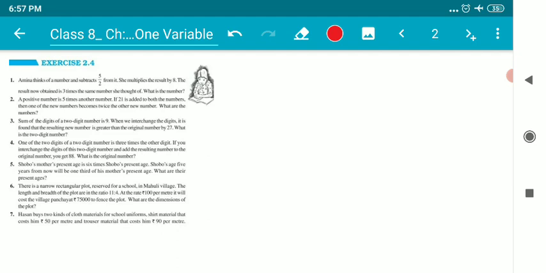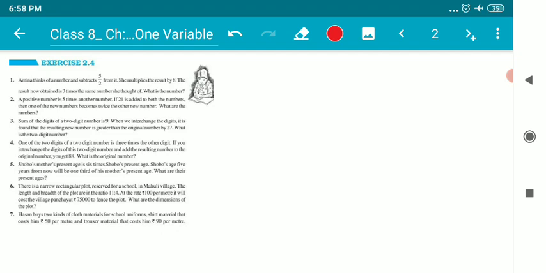Children, we have been dealing with chapter 2, which is about linear equations in one variable. As of now, we have completed till exercise 2.3, and in this video we will discuss exercise 2.4. Exercise 2.4 is really very interesting, and we need to understand these concepts, which are given in statement form. We need to extract these statements into equations and solve them. So children,